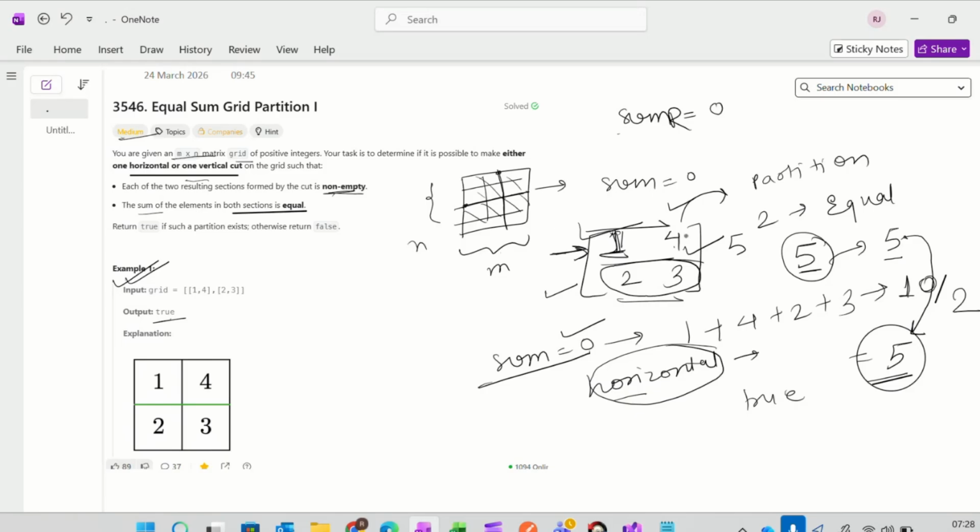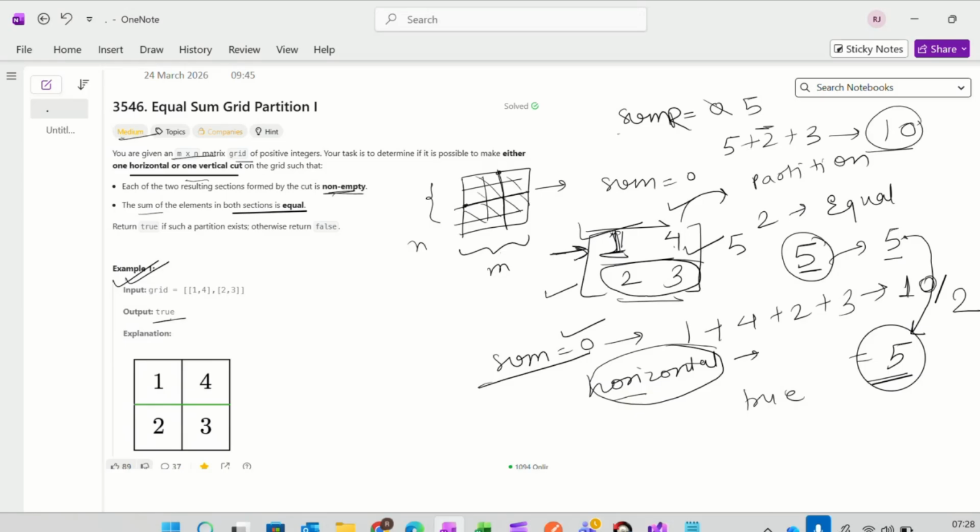अपन ने ये वाला sum का वैल्यू फाइंड किया तो ये 5 आ गया. तो अगर 5 मैच नहीं किया तो अपन नेक्स्ट रो पे जाएंगे. And we will 5 we already got, then we will try to add 5 plus 2 plus 3, and there was 10. तो अपन अगर 5 से नहीं आता तो फिर अपन ये 10 देखते कि 10 अगर सम बाय 2 के इक्वल है या नहीं. ऐसे like simply we will traverse through all horizontal rows.